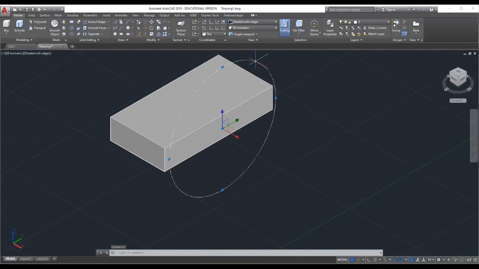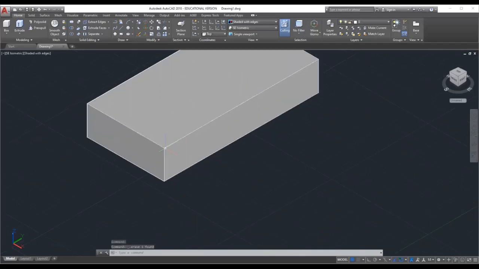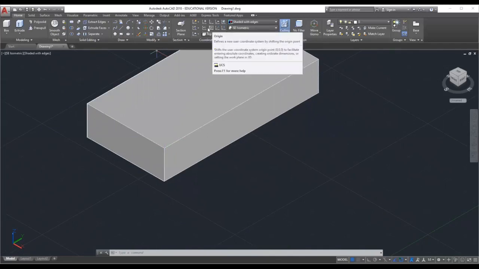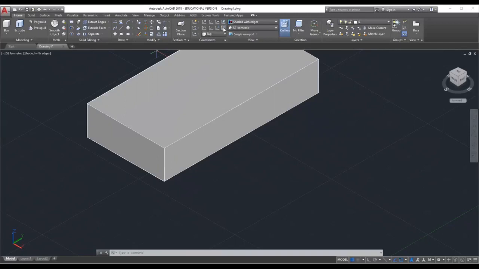That's why we have to align the right side plane by using the coordinates. By using 3-point coordinate, we have to select the origin. This is my origin. This is my plane. So we will work on this plane. This is my x-axis.